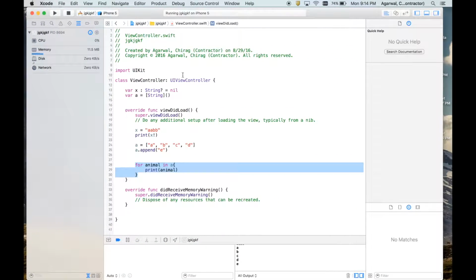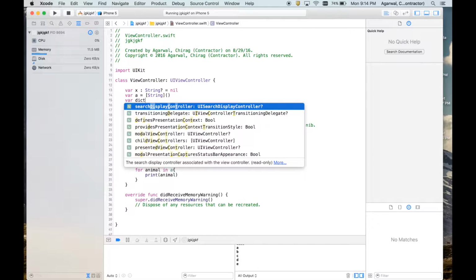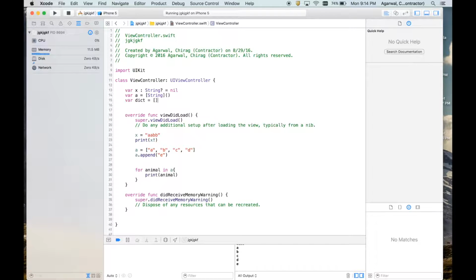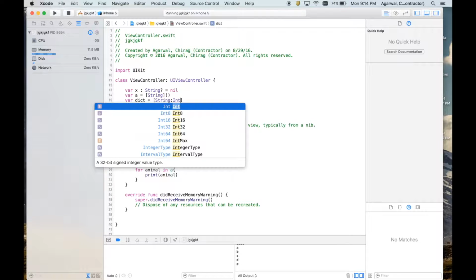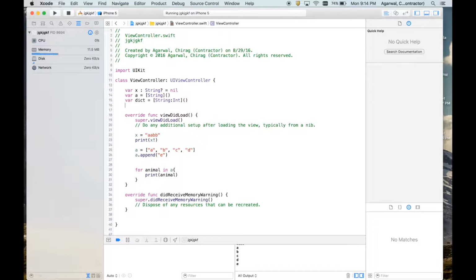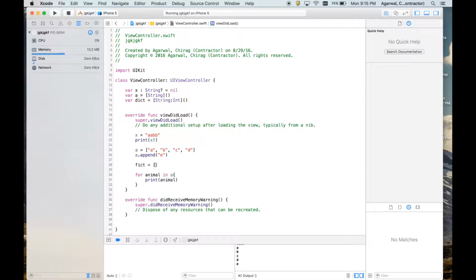Next is dictionaries. So now we should make a dictionary, dict. Since a dict always has two values, one is the key, one is the value, you have to give a data type of String and Int. That's how I do it. Then you can just say dict first.